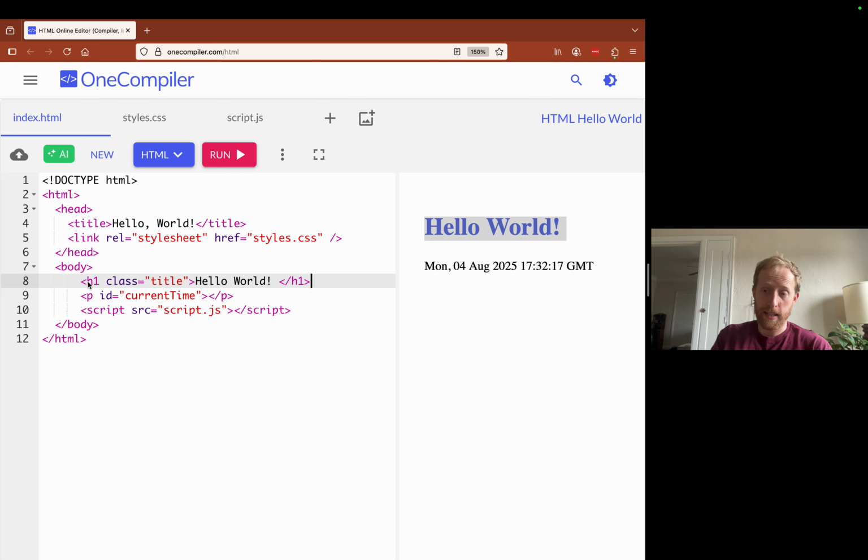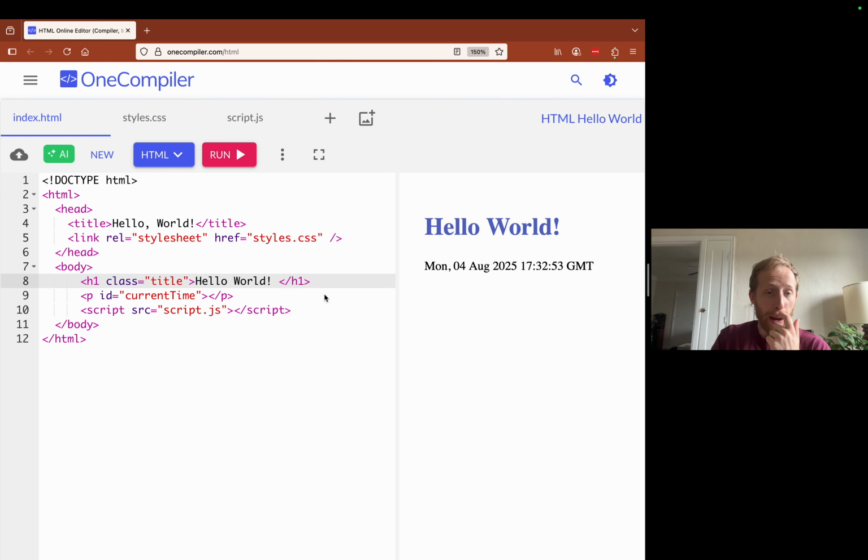So one thing to notice about these tags is that there's always two, right? We have an H1 tag here, we have an H1 tag here. We have a title tag here, we have a title tag here. We have a head tag here, and a second head tag here. Body tag, script. So each element has an opening tag and a closing tag. That's how you know you have an HTML element. An element is basically a thing, right? An element of this web page has an opening tag and a close tag.